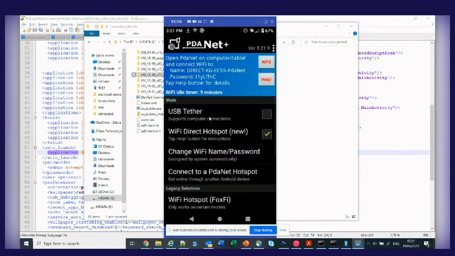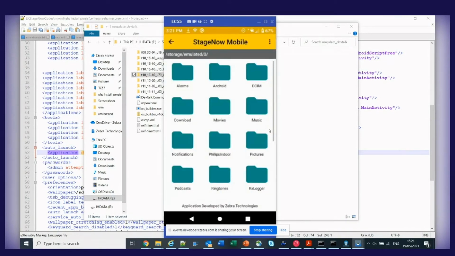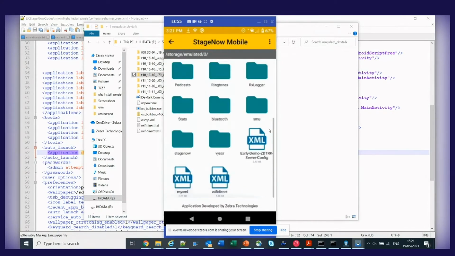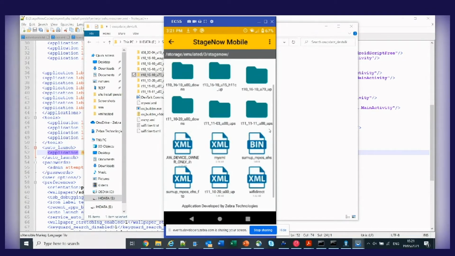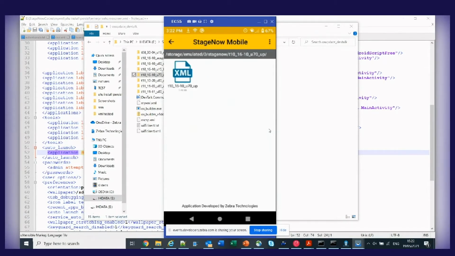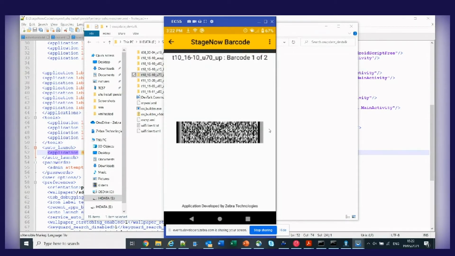And if it does, you'll see that there'll be a MAC address appearing in that blue band, which you can see there. It says connected and waiting. So that connection was good. So then I go back to StageNow Mobile, which is the utility to actually build a profile barcode. Go into StageNow, go to my upgrade folder that I copied over. And I've got one XML file, just click on that, display barcode, take StageNow on the client device, read the